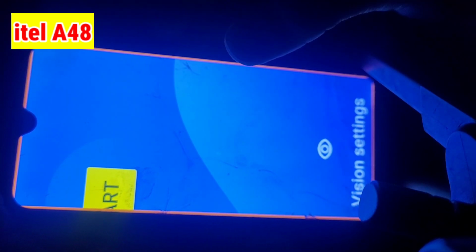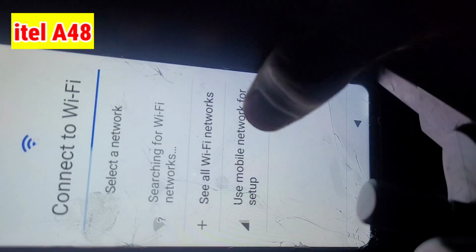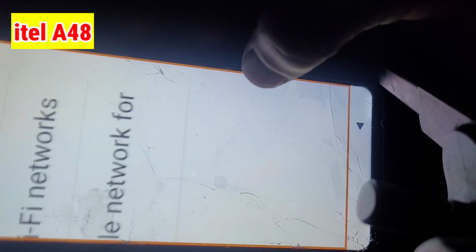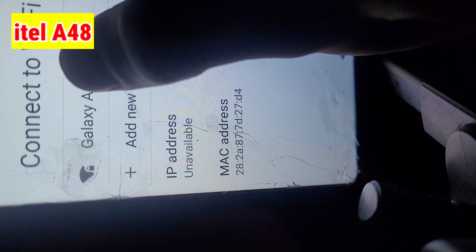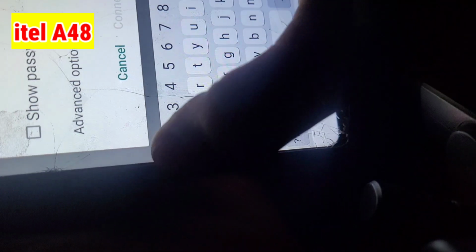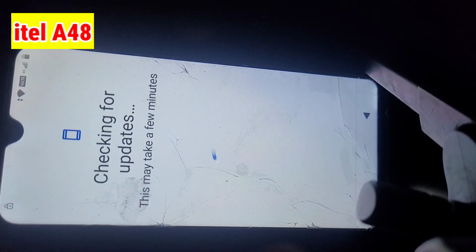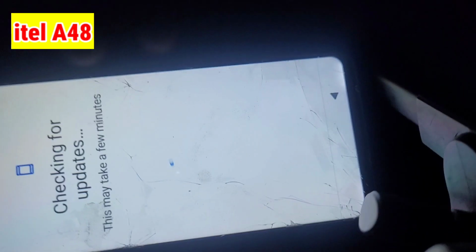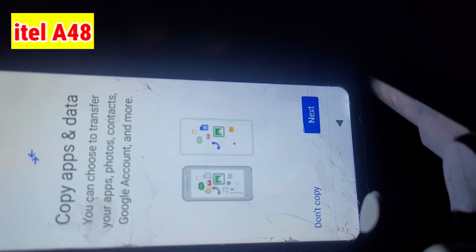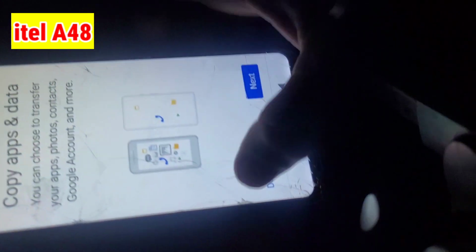Click here 3 times and click on next. Start and connect to a Wi-Fi network. Any Wi-Fi network, and getting your phone ready. Checking update. Copy apps and data. Don't copy.